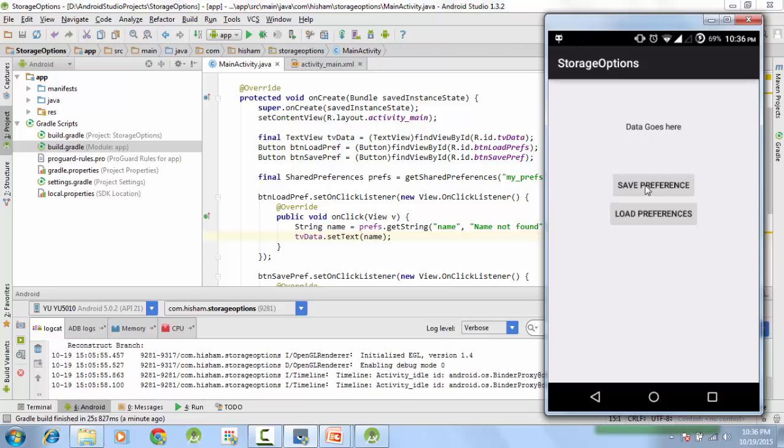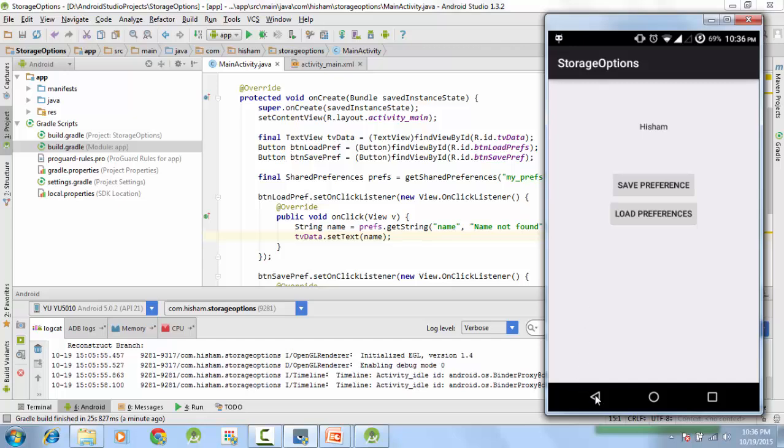So data goes here, save preferences, load preferences. Let's try to load it first. It says name not found because we haven't saved the data yet, right? So let's save it now and then load it, and you can see that the name is saved.